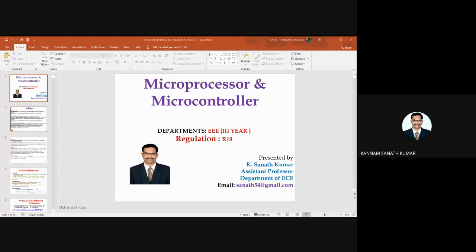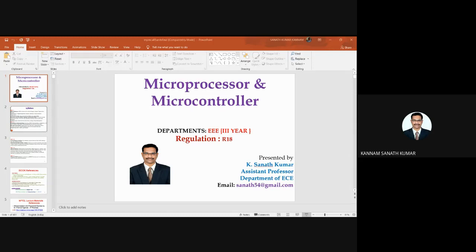Next, for books, you can refer to Advanced Microprocessor and Peripherals by K. M. Bhurchandi, second edition. For the microcontroller, you can refer to Kenneth J. Ayala, or you can go for Muhammad Ali Mazidi. The soft copy is available with me; if you want, I will share it. For programming purposes, you can go for Mazidi. For reference books, you can go for Microprocessor and Interfacing by Douglas V. Hall. This is one of the beautiful books; if you want more knowledge about the microprocessor, you can go through it.